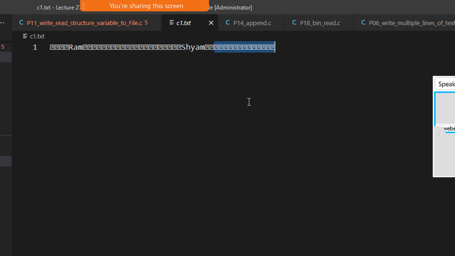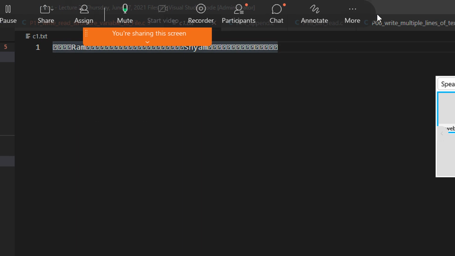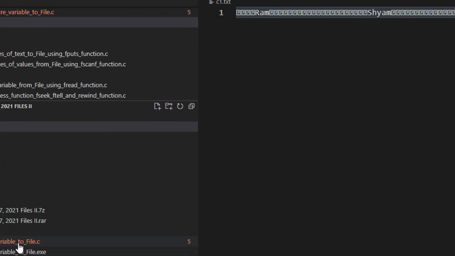So basically, this is known as the binary format, right? Binary, as the name says, means it is encoded in zeros and ones only, and you may get some gibberish characters also. Whenever you are dealing with structure objects, remember that in most cases, the compiler automatically writes in binary mode. We will also see a program on binary mode a little while later, but this is just an example to show how you write structure objects to a file, right? So whenever you are writing a structure object to a file, you use fread and fwrite.